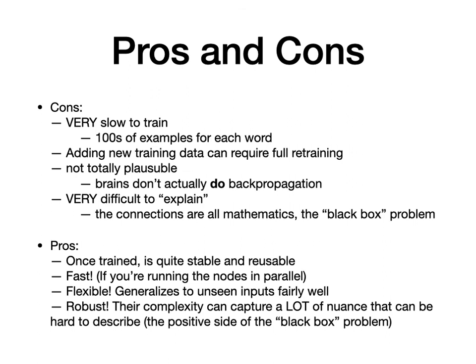Another thing is that they're not biologically plausible exactly. Brains don't actually do backpropagation. There's no way for that to work. That's not how neurons are biologically set up. You can't go run backwards through the neural trace. No one's there to do that. But also, and this is the real tricky part, they're super difficult to explain. You may train a neural network for a year on types of information and stuff, but